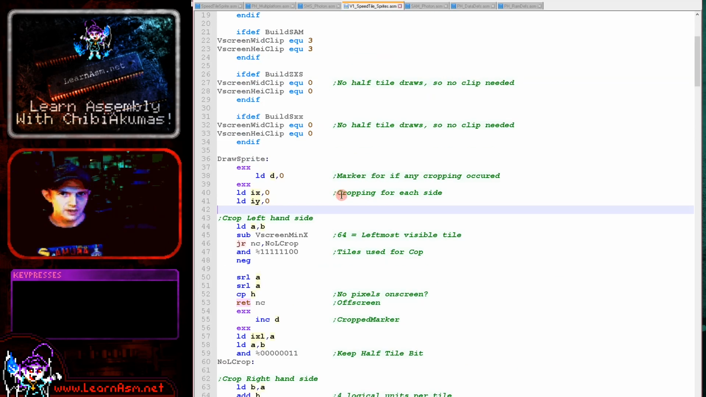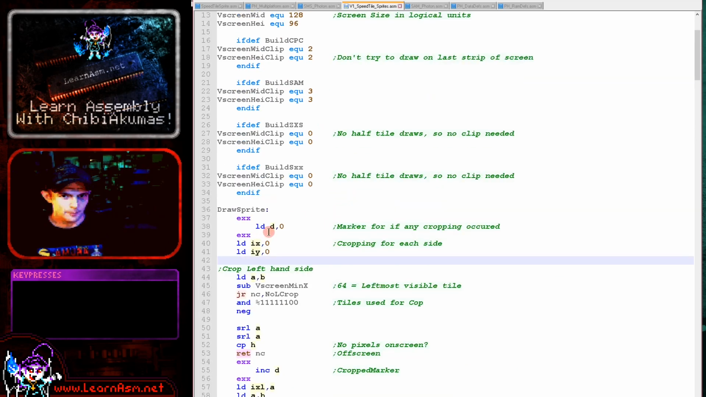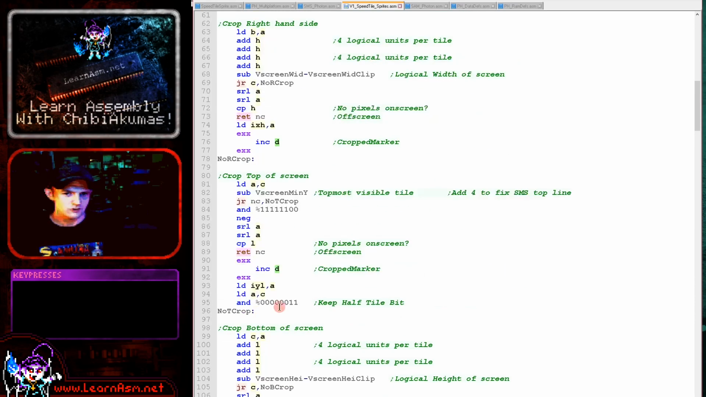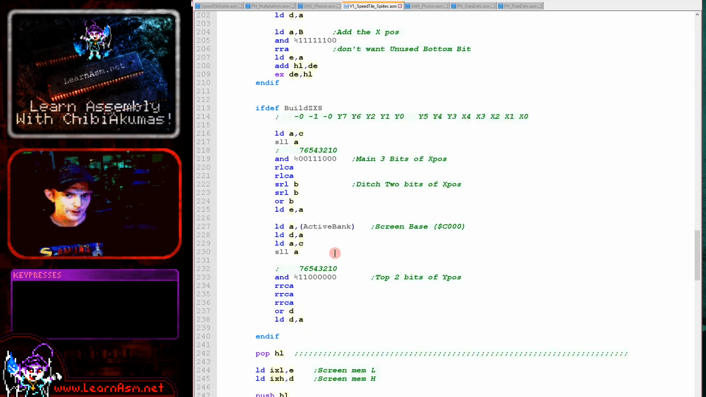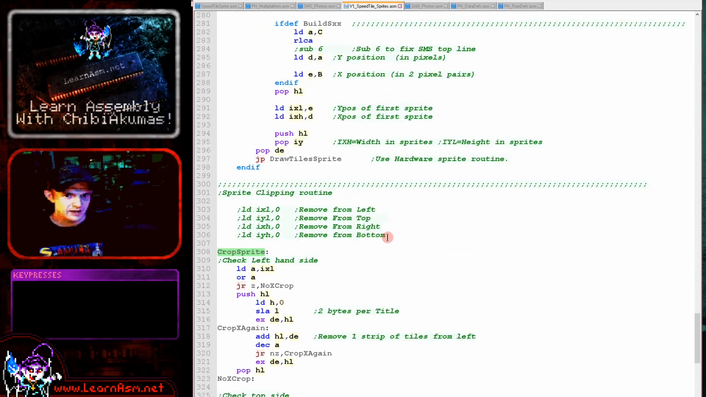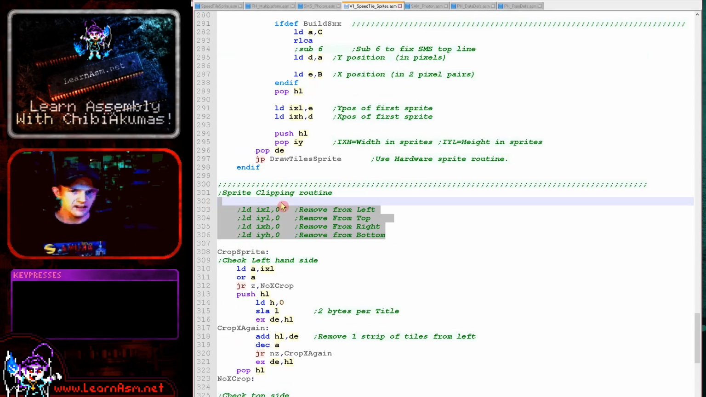We're going to use some markers here to denote if the sprite needs cropping. We're going to use this shadow register D, which is going to be 0 if the sprite doesn't need cropping. It's going to be non-zero if it needs cropping. We're going to check it all the way down here, and then we're going to run a crop routine if it needs cropping. And we'll just quickly look at that because this describes the other registers. IX and IY are defining the edges and how much needs to be taken off each side. IXL is the left side, IXH is the right side, IYL is the top side, IYH is the bottom side,